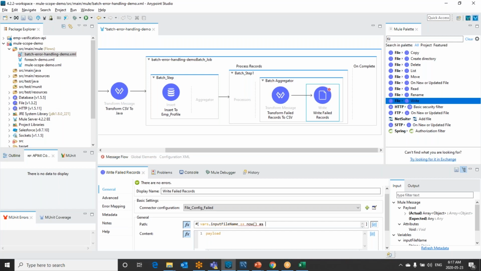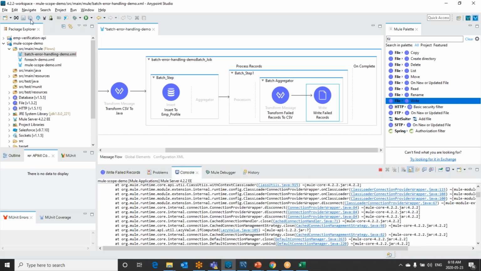So I would like to take it as now as a string because we are concatenating, and format it as yyyy-MM-dd-HH-mm-SS along with milliseconds, and also concatenate dot csv to make sure it will be written as a CSV file. Let me save.